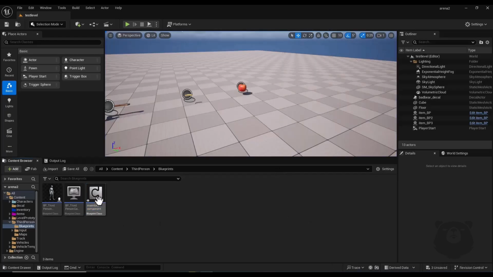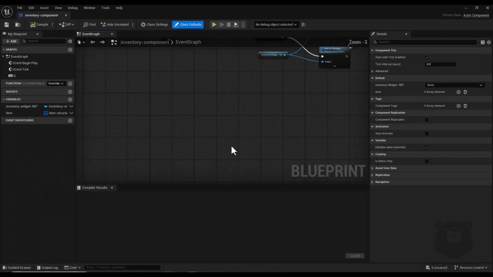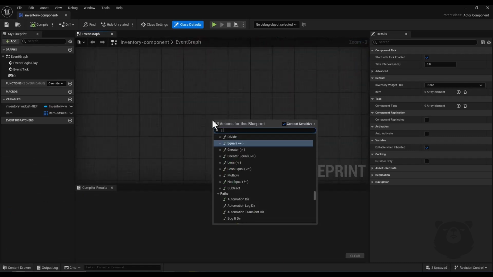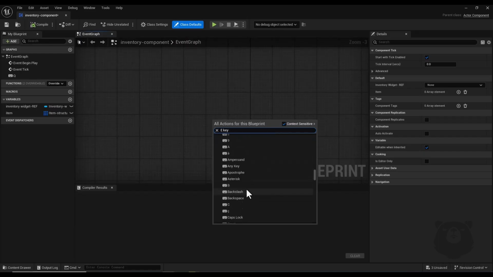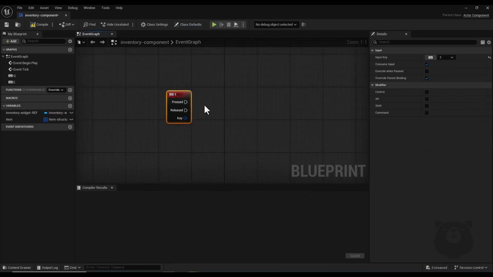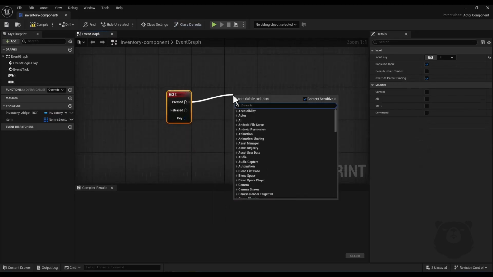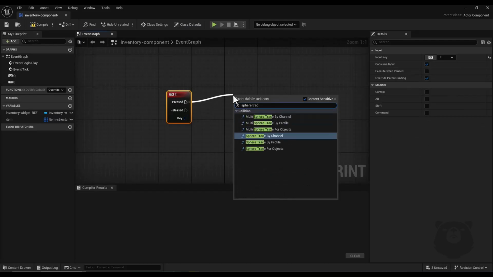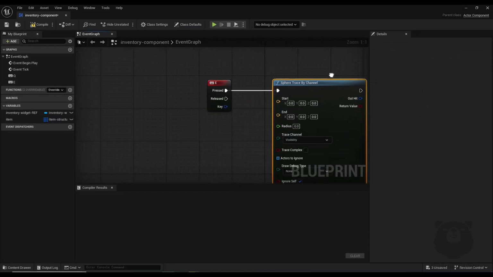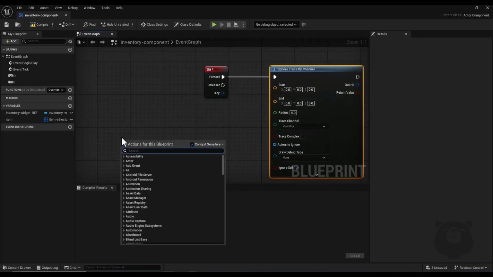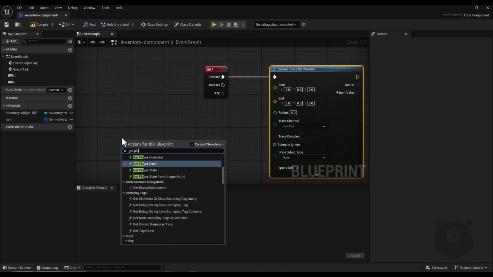Alright, now I open my inventory component, and here I find some free space, and now I right click and import E key button. I search for E key, and here I import this E button input, and here I drag a node and search for a sphere trace by channel. Now I need a location for a start and end, so here I right click and search for get player character,